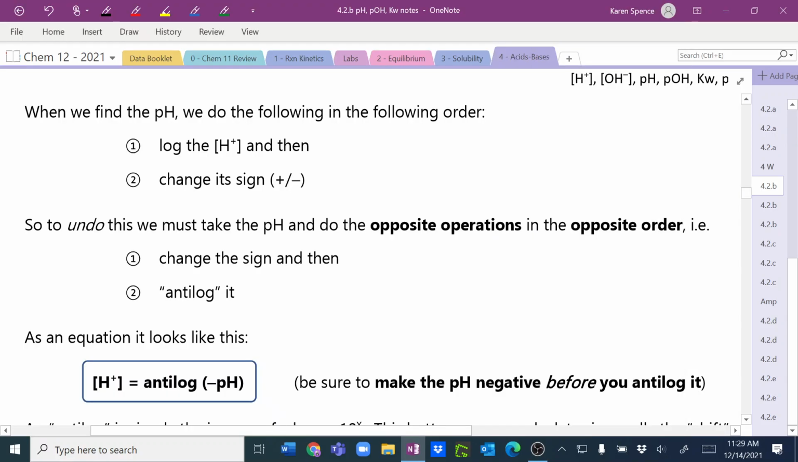Okay, so when we find the pH, we log the hydrogen and then we change its sign. So to undo this, we have to go in the opposite direction. We have to change the sign, and then we have to anti-log it, which is basically unlogging it. Okay? So hydrogen ion concentration is technically,